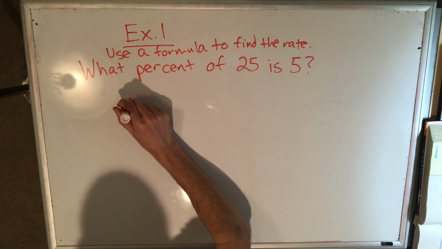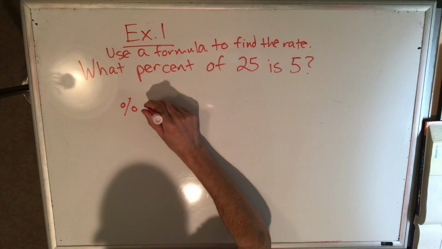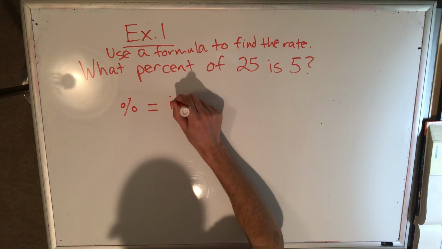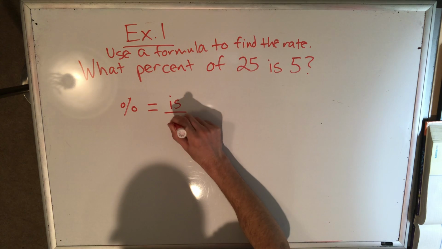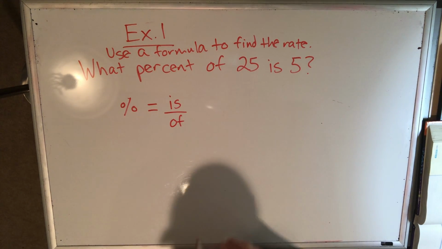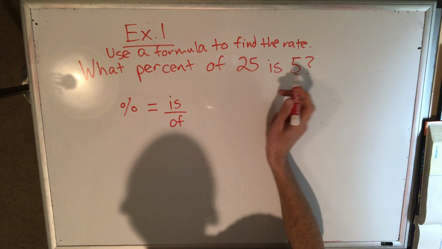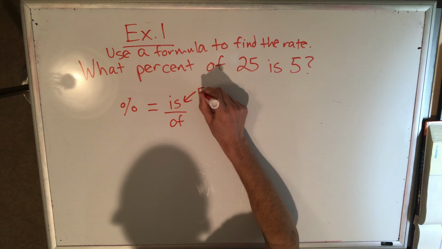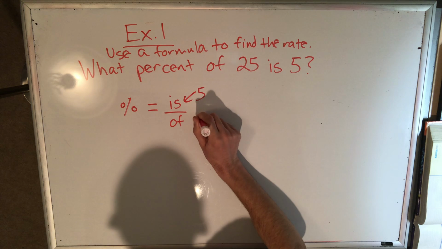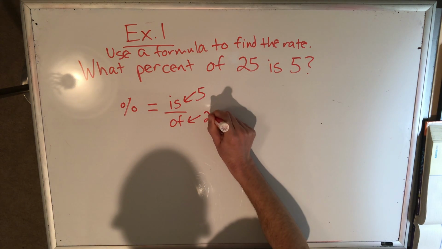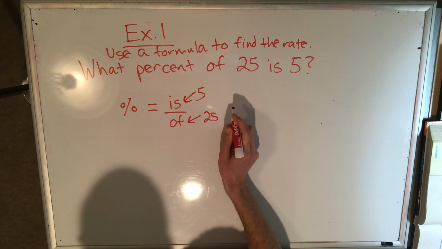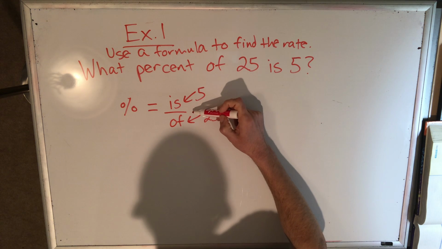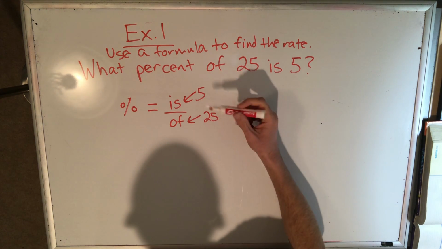So the formula we can use is percent is equal to the is number over the of number. The is number in this case is 5, and the of number is 25. And a fractional line means division. 5 divided by 25